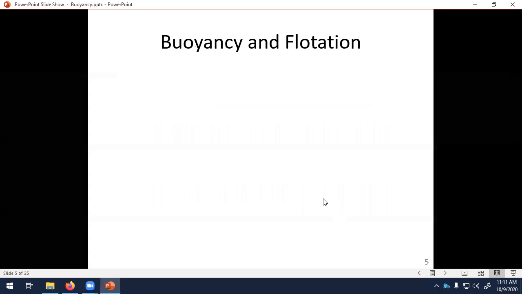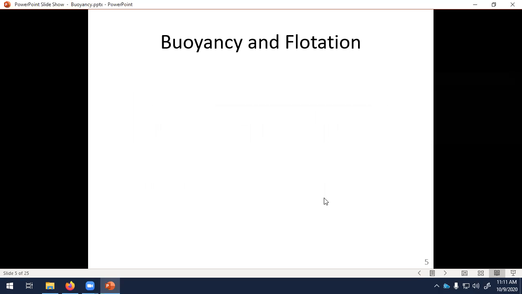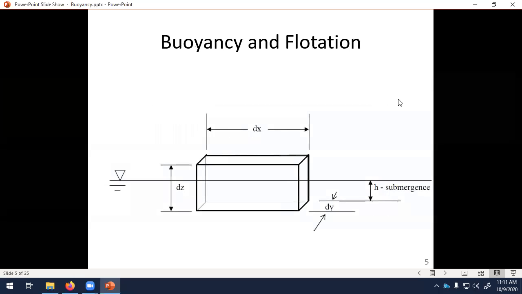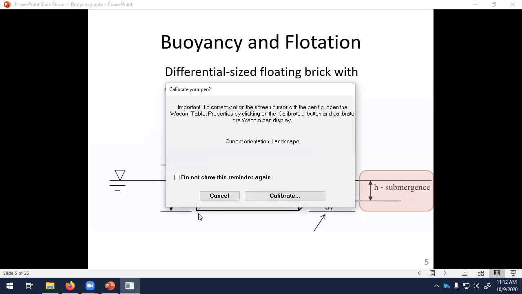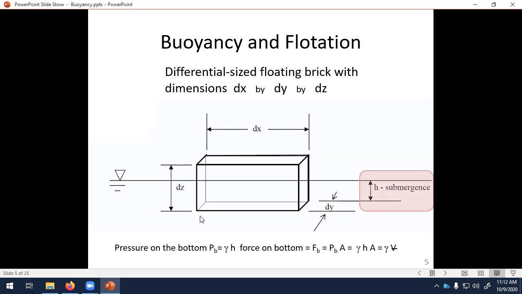And then I did an example last time. Where we ended last time was talking about buoyancy and flotation. We said we had this brick that was floating and just sitting there. It's not moving, so we can apply static equilibrium mechanics: the sum of forces in any direction would be equal to 0. And what we recognized here is that with this differential sized brick and a depth of submergence h, we would necessarily have